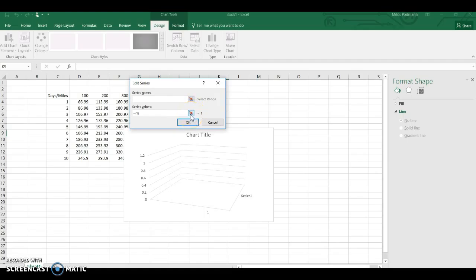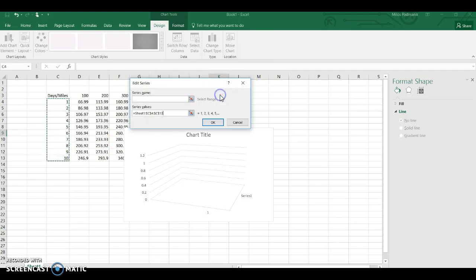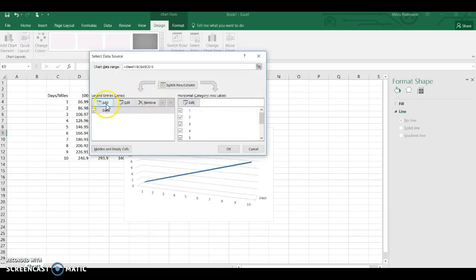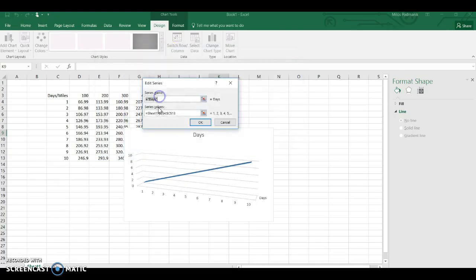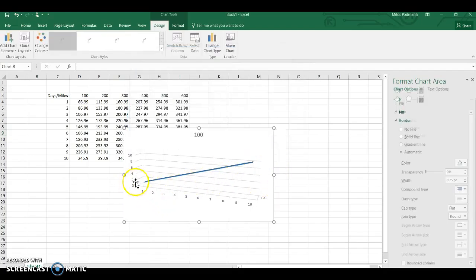The variable that I want to keep track of is the number of days right there. And the series name is going to be days. Oh, excuse me, nope, I didn't want to do that. This is actually going to be the number of miles that I drive. So this is the cost function for driving 1 up to 10 days